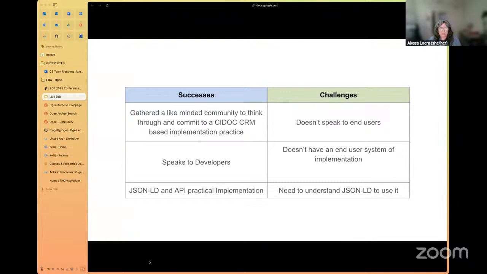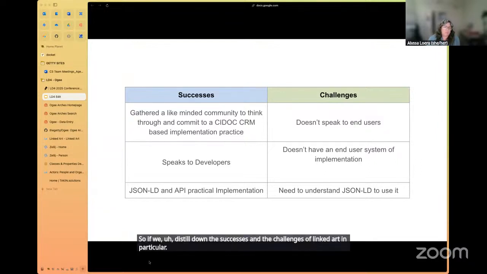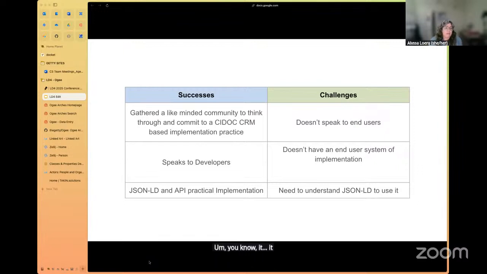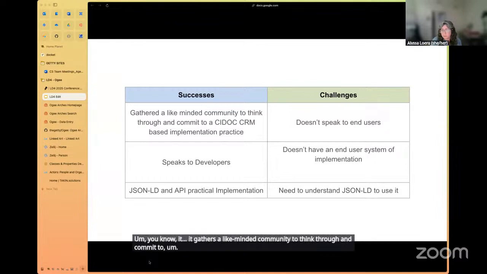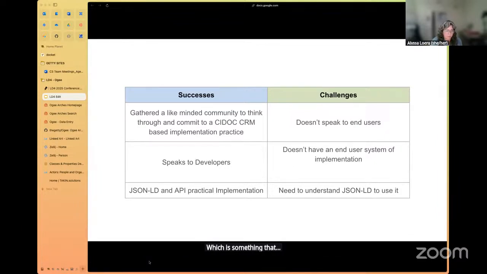So if we distill down the successes and the challenges of Linked Art in particular, it gathers a like-minded community to think through and commit to a CIDOC CRM-based implementation practice, which is something we're always trying to do and get people to adopt. It speaks to developers in particular.